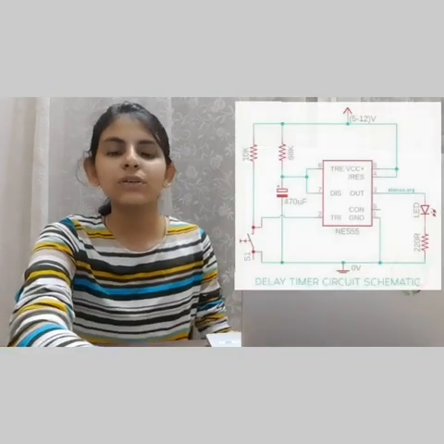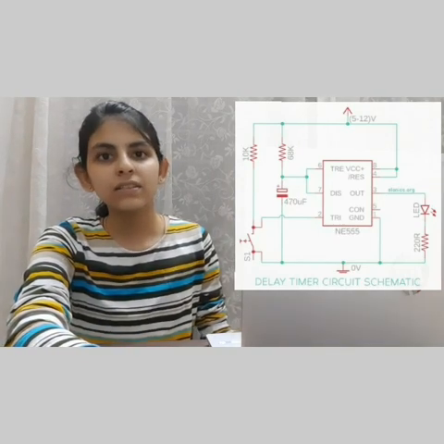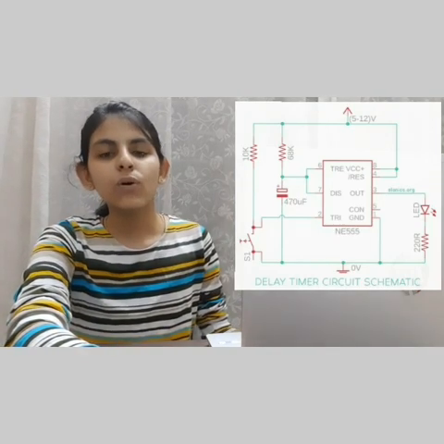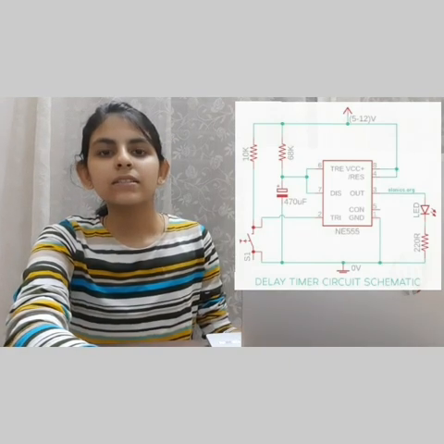For the connections, we know that a 555 IC has a total of 8 pins. The first pin is grounded, the fourth and eighth pins are connected to the voltage, and the sixth pin, which is